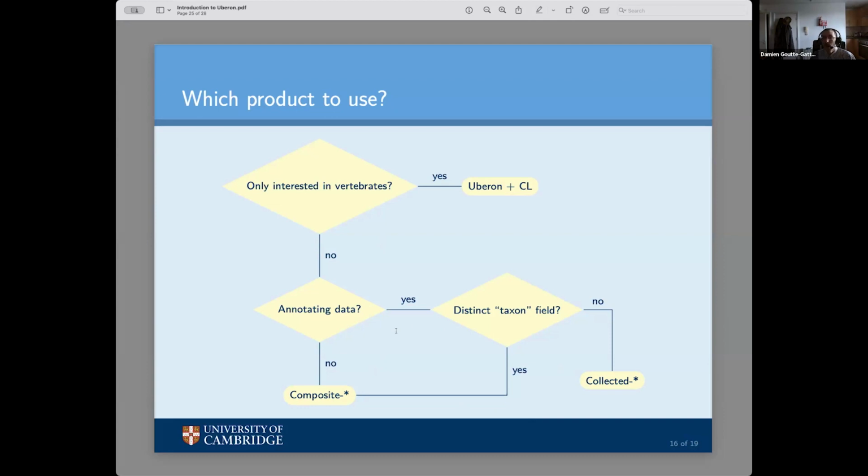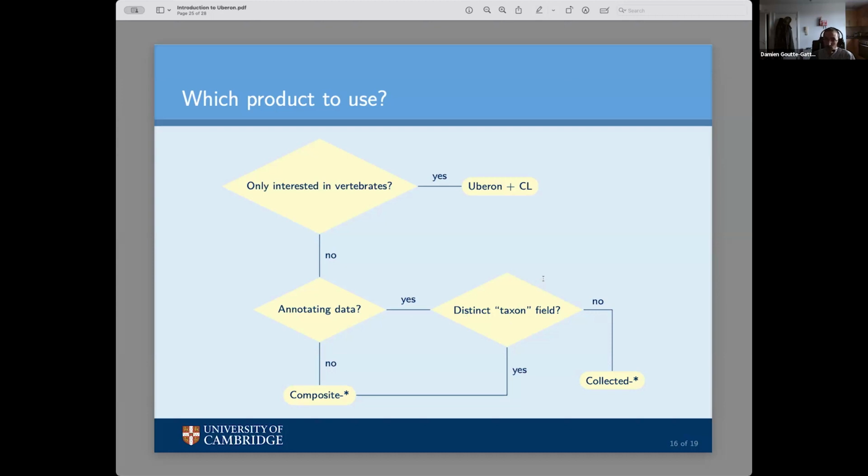But if you need to annotate data, if you do any kind of data curation and you need terms from Uberon to annotate, for example, which body parts a given sample comes from, then you need to be careful. And most likely you should rather use collected metazoan. The reason for that is there are actually mostly two reasons for that. The first is that